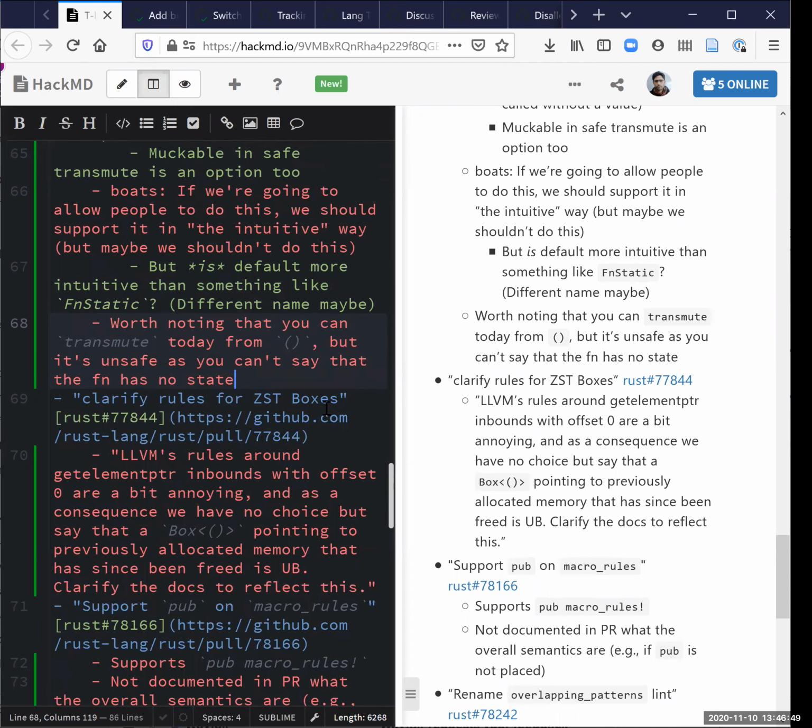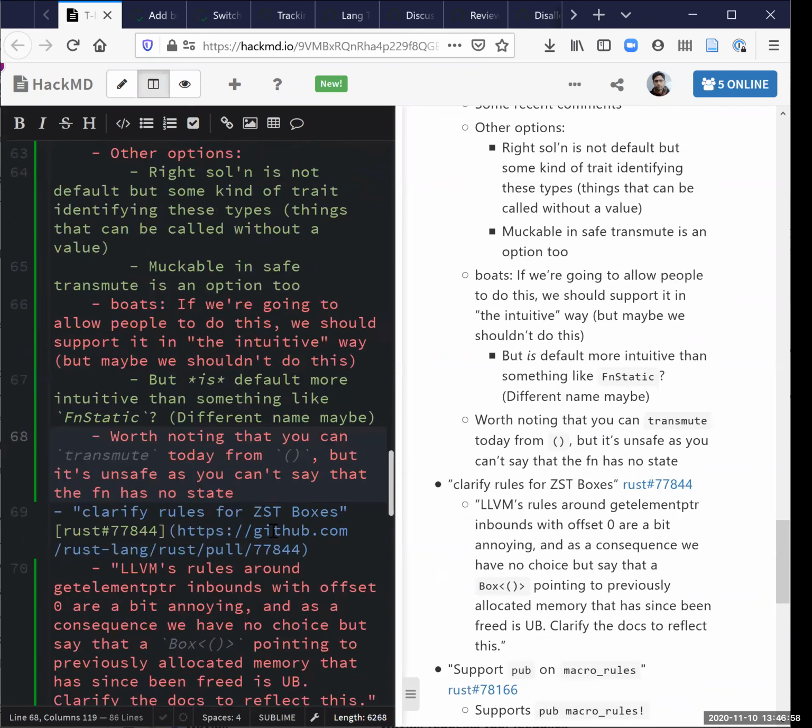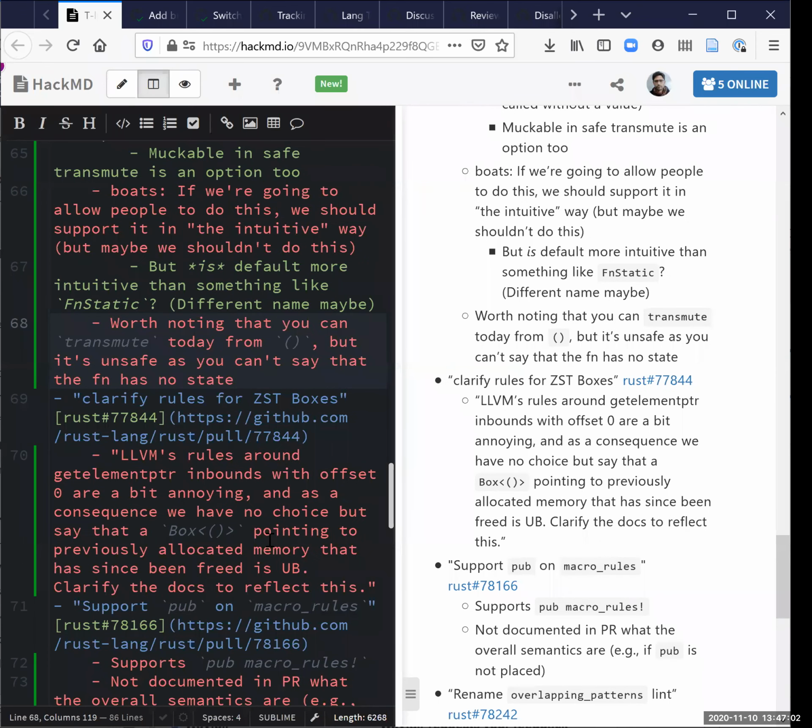That would be a type bound that says I have no state, right? You can't transmute it to a lowercase fn because the lowercase fn is bigger. Okay, never mind. We can take that to Zulip then. Yeah.